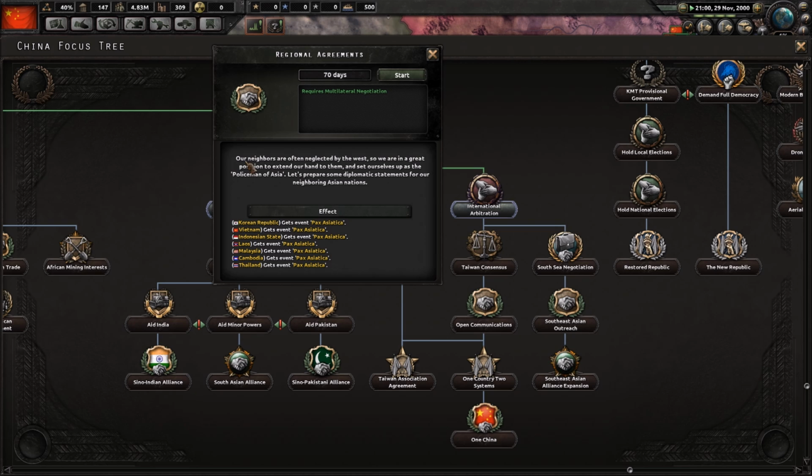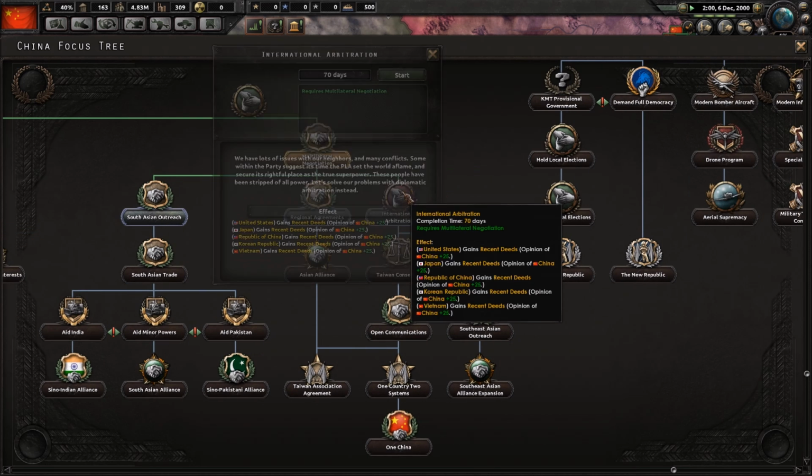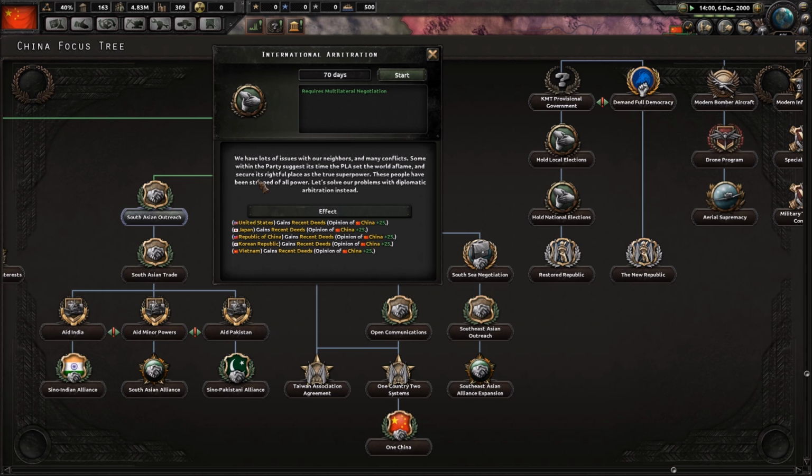I like flavor. Our neighbors are often neglected by the West. Those stupid Westerners. So we are in a great position to extend our hand to them and set ourselves up as the policemen of Asia. Let's prepare some diplomatic statements for our neighboring Asian nations. I wonder if that statement would be similar to... We are now your policemen. And that is all. Or we can go with...